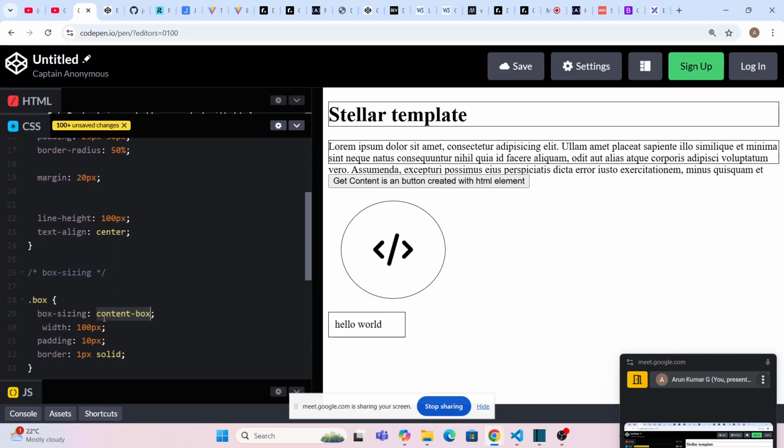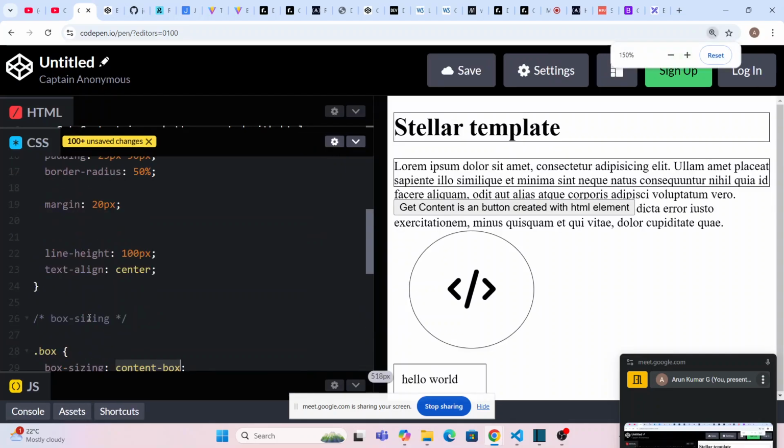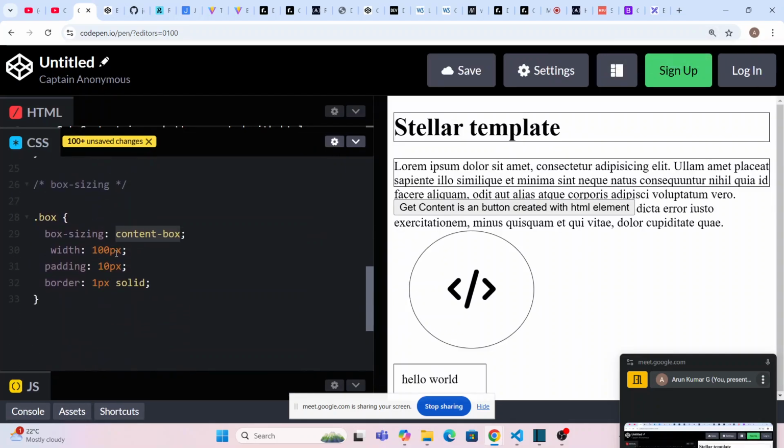In this box model, which is the content box model, the box is only till the content area. We have padding area, border area and margin area. But when I say box sizing as content box, and remember this is the default value, even if I don't give it, the box sizing is content box only, which means